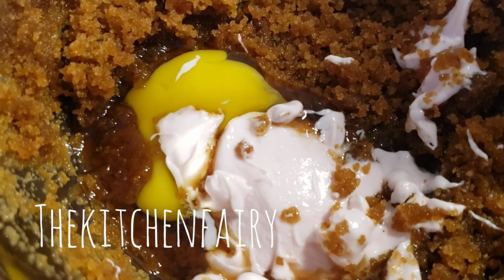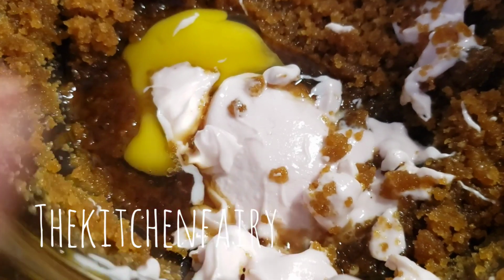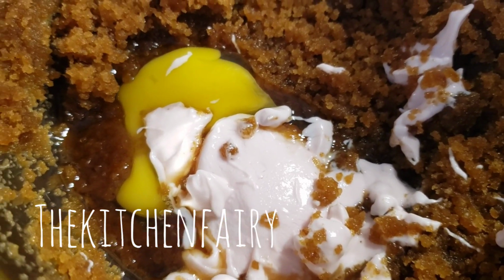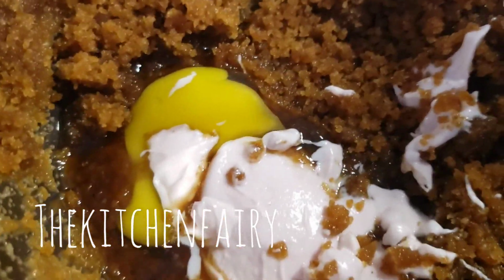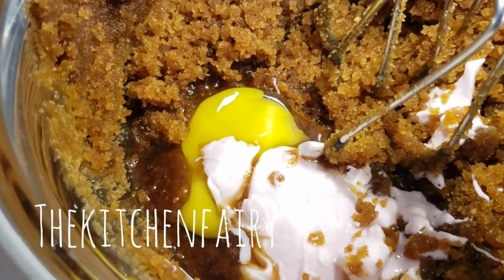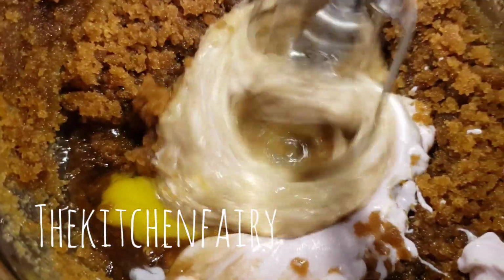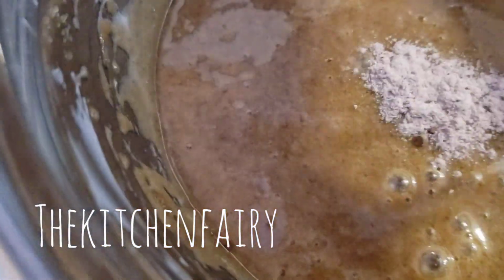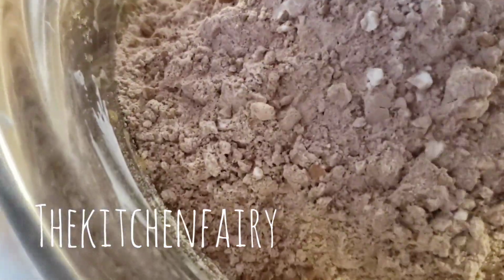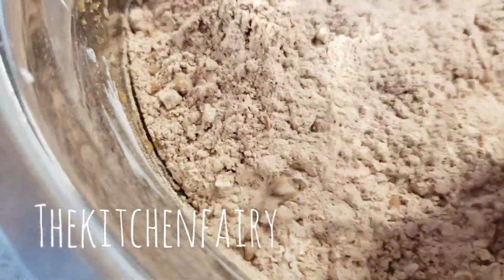And then mix in 1 egg, 1 tub of yogurt, about 100 grams, or you can substitute it with 1/4 cup of sour cream, and 1 teaspoon of vanilla, and then we're gonna mix it again. We're gonna mix in our dry ingredients until completely combined, and we're gonna chill it 3 to 4 hours in